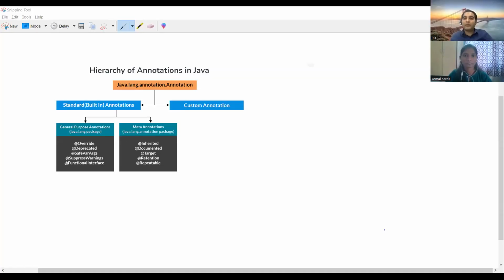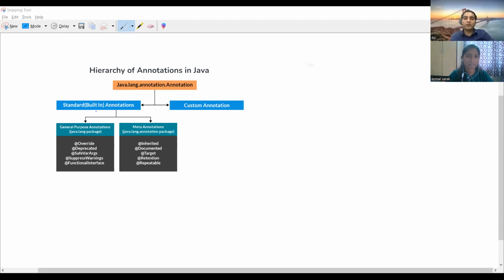There are two types of annotations. Let me share my screen. Is the screen visible? Yes, sir. This is the hierarchy of annotations in Java: java.lang.annotation.Annotation.